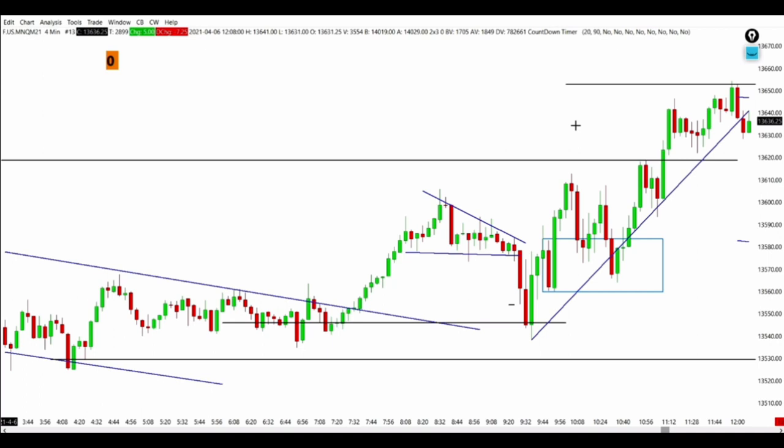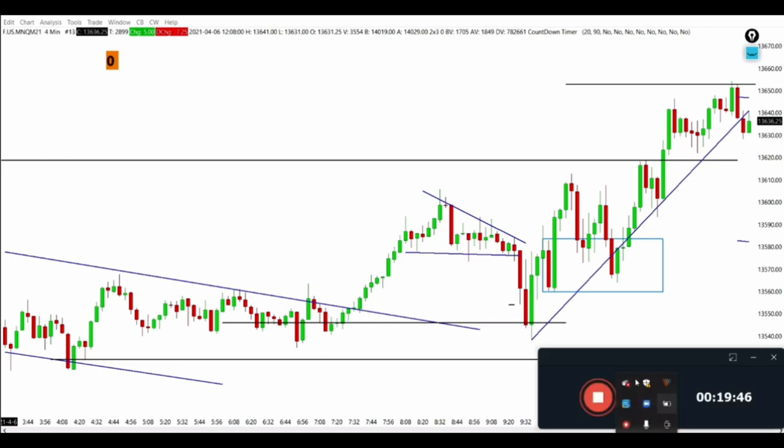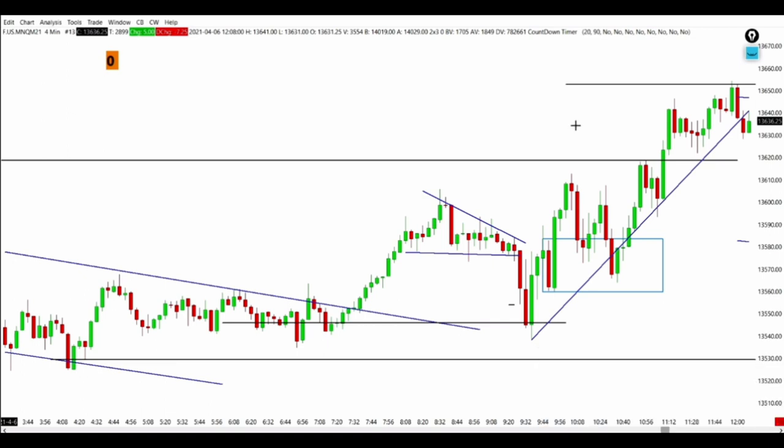Now in the morning times, I would definitely look to take reversals, but I'm not going to take a reversal if I see a 1 hour breakout. So if I see a 1 hour flag breakout or a 1 hour horizontal breakout, a trend line breakout, I'm not going to go against that 1 hour breakout. So make sure you understand that you don't want to go against that 1 hour breakout